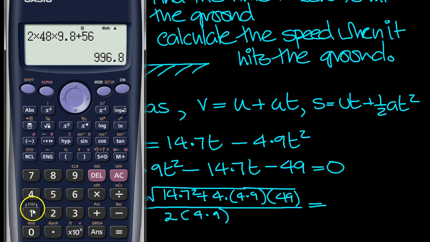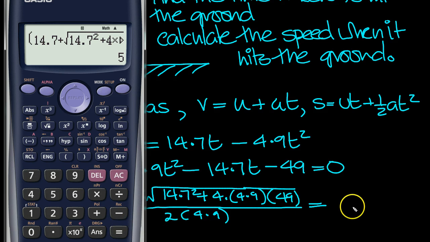So we've got 14.7, so put a bracket around the top numbers, 14.7 plus the square root of 14.7 squared plus 4 times 4.9 times 49. Come outside the square root. So that's the top number then. Close that bracket, divided by 9.8